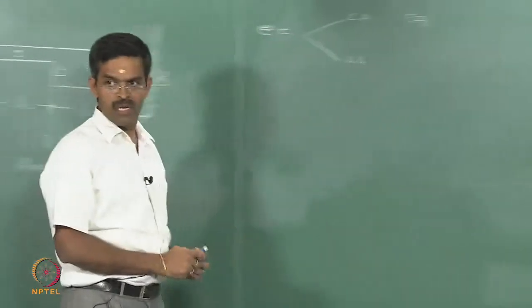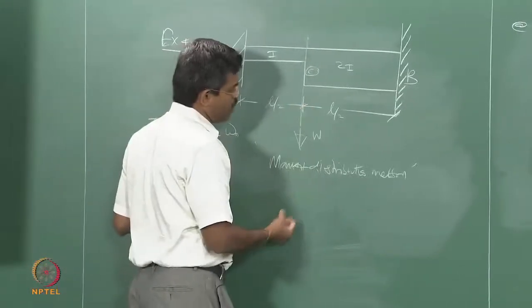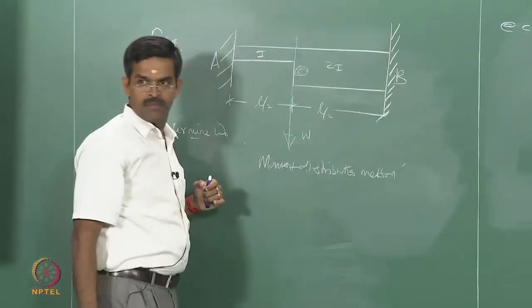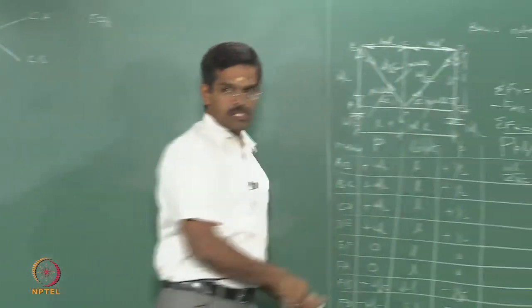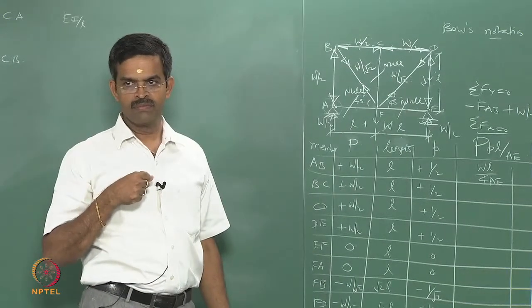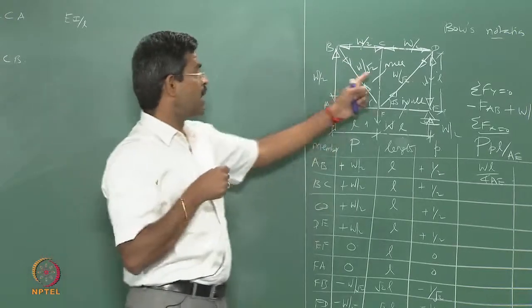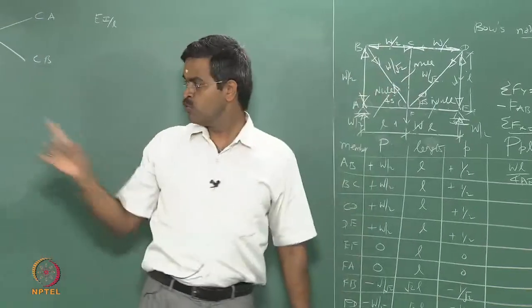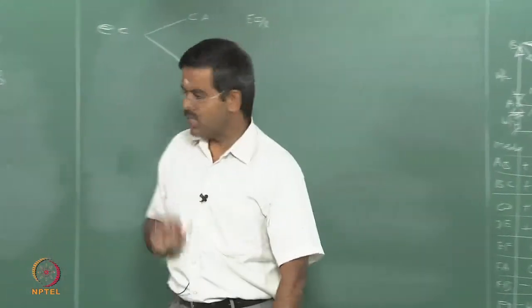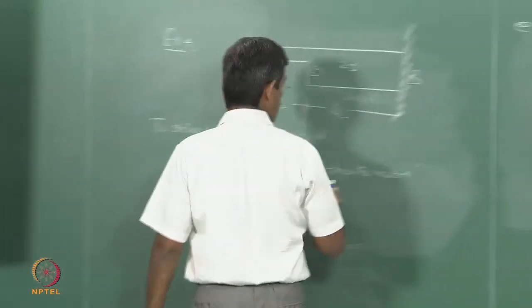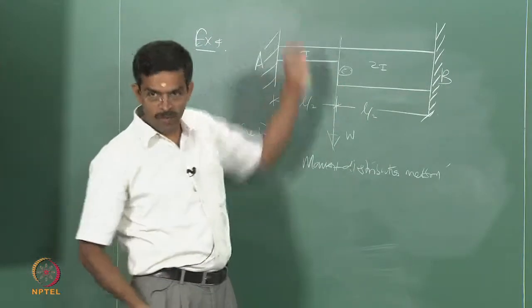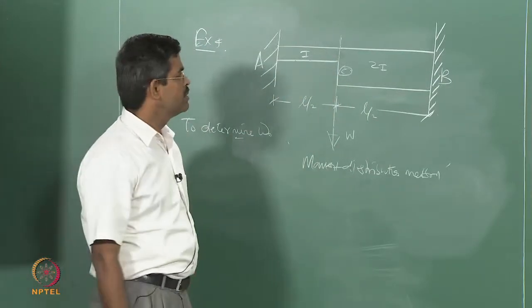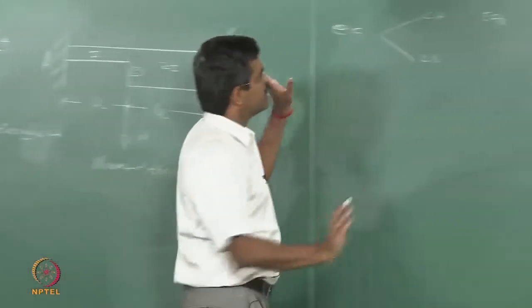Why bending stiffness? When I try to pull this beam down, the beam will bend. When I try to pull this truss down, the member will expand, not bend. Depending upon the nature of load on the member, you must use the model correctly. That is why moment distribution here, and not the unit load method. I cannot apply the unit load method here, because it is not going to expand, it is going to bend.